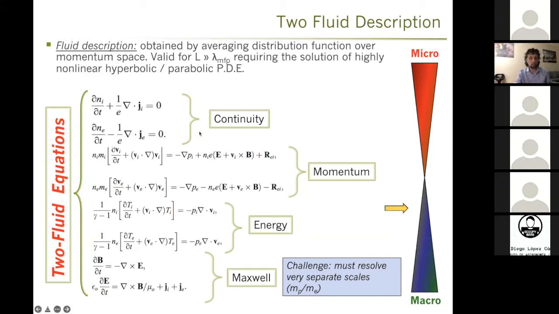Now we get two continuity equations for the N, two momentum equations, two energy equations, and still the Maxwell's equations. I didn't write the coupling term because, of course, Maxwell equations are coupled by the current density with the plasma. And the ion and the proton are coupled between them by this friction term. R_EI is essentially a collision term, or let's say an interaction term between the two species. Now, the two-fluid equations are approximately here in our diagram, which moves from small